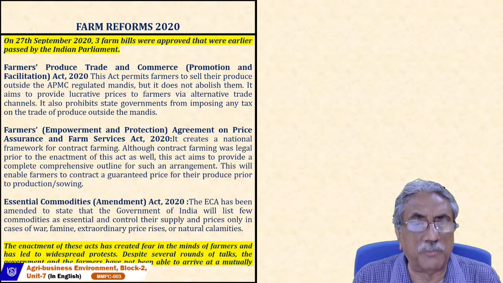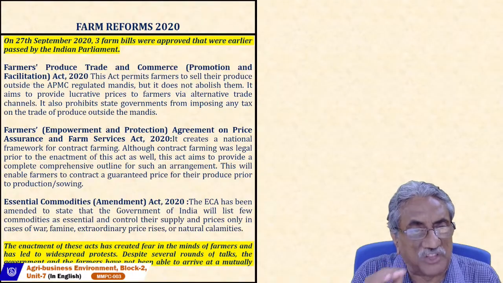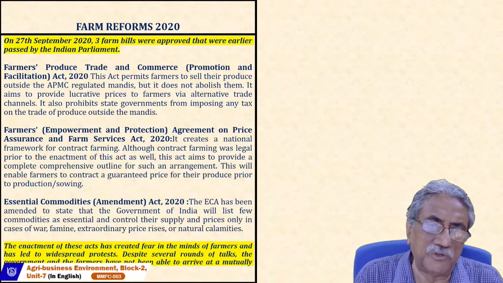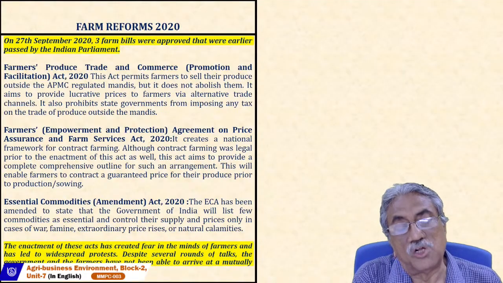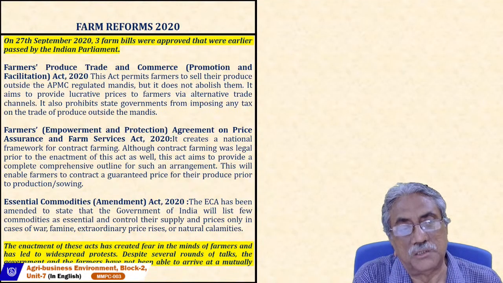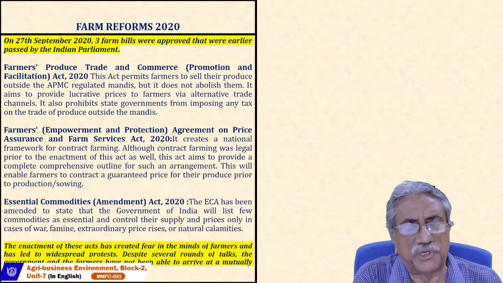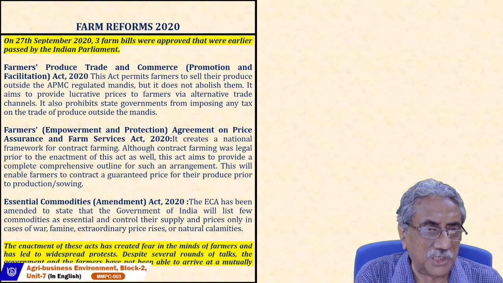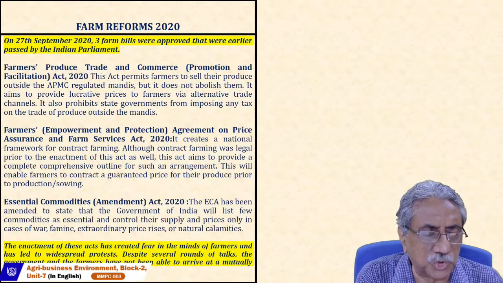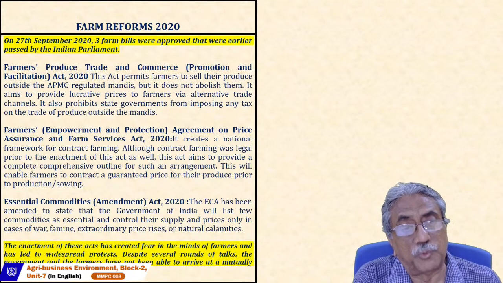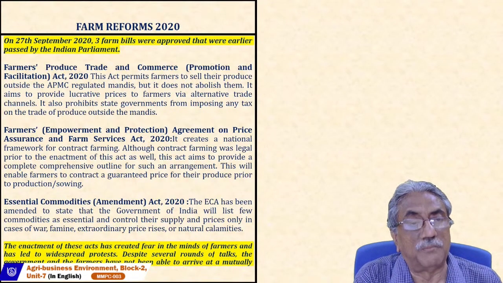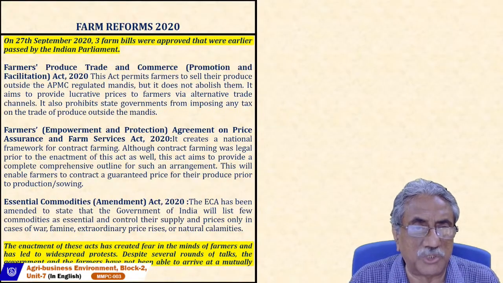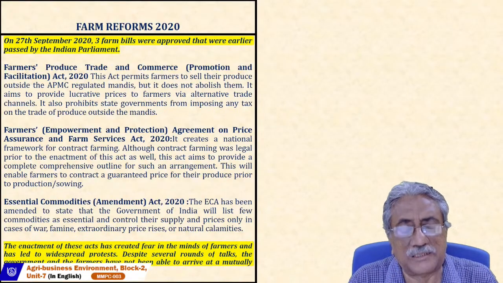Although contract farming was legal prior to enactment of this act as well, even before this act came in, contract farming was going on, because Pepsi was the first company which came in India and promised to export sauce and other things. So a particular type of tomato, they brought the seeds and gave to the farmers, and those tomatoes were purchased by them and processed into sauce, table sauce, as you see, Kisan and other things.